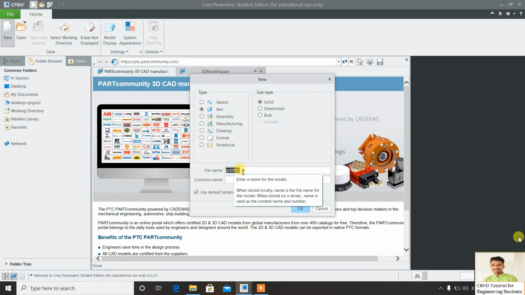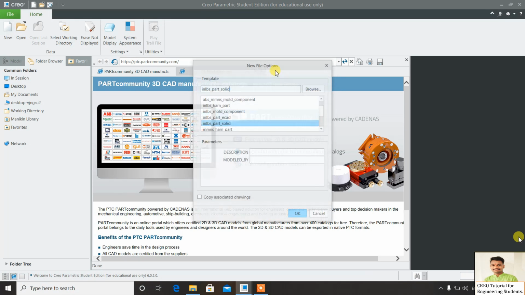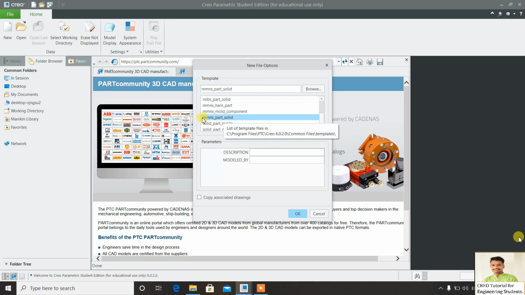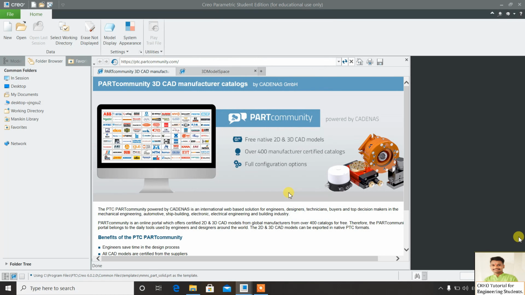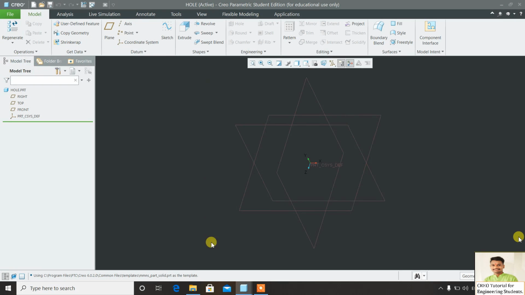I am going to give the name hole, then select the template. I think all of you know that we are selecting the MMNS part solid template, millimeter Newton second part solid. Okay, click here on OK, then you will get a workspace like this.